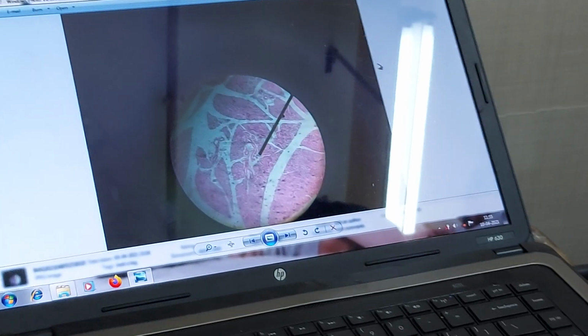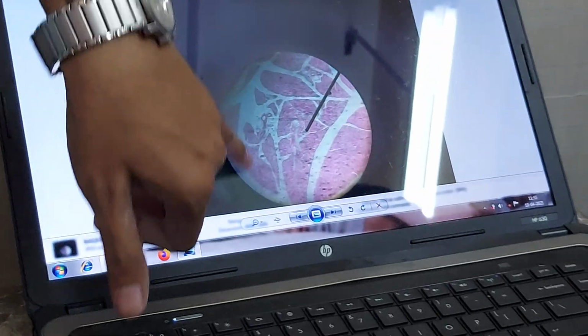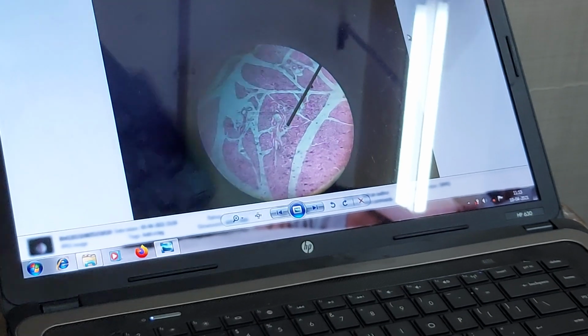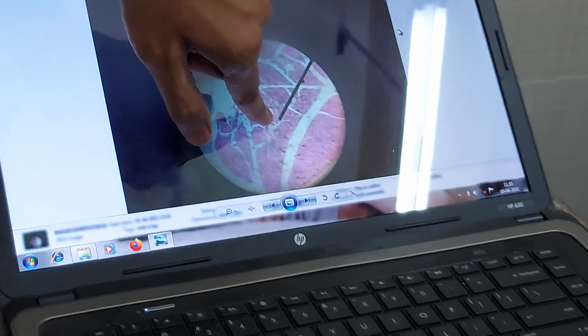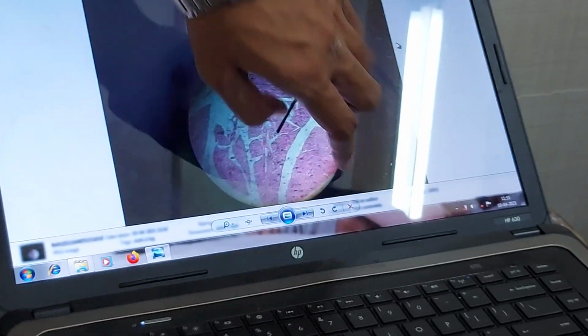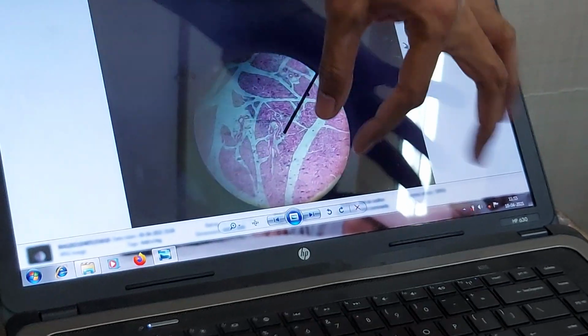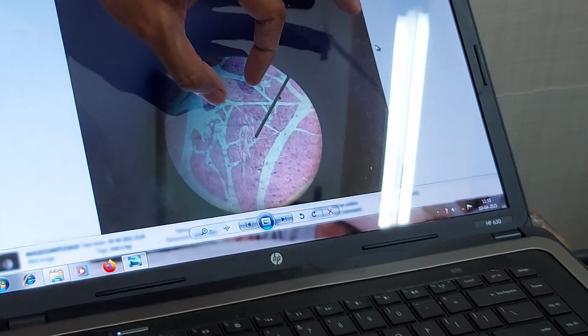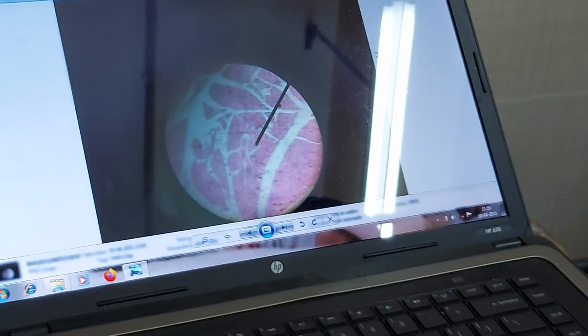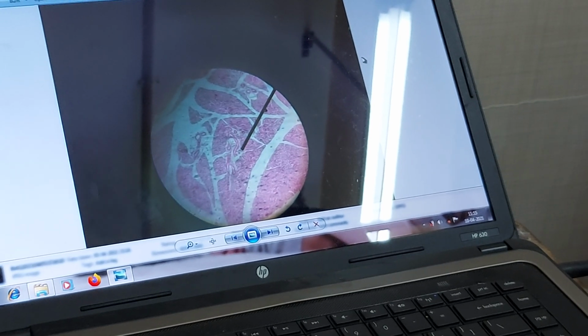There is no cluster of cells separated by connective tissue. Here also connective tissue is there, but there is no separation between the endocrine part and exocrine part. Only one sort of cells, but separated by connective tissue. This forms one lobule, this forms one lobule, this forms one lobule. The lobules will be separated, because each and every glandular tissue will be separated by means of connective tissue.